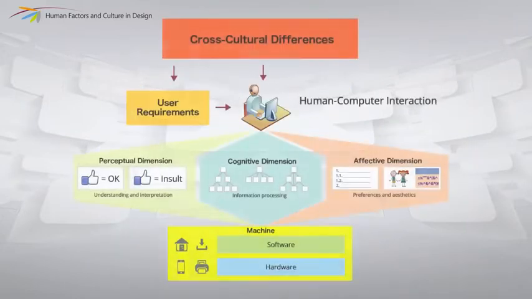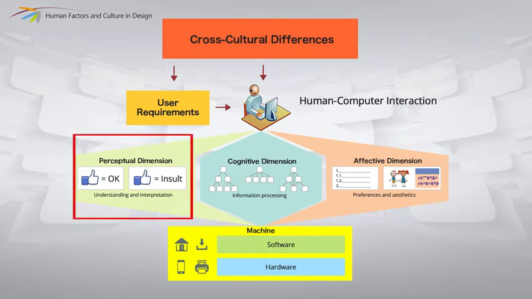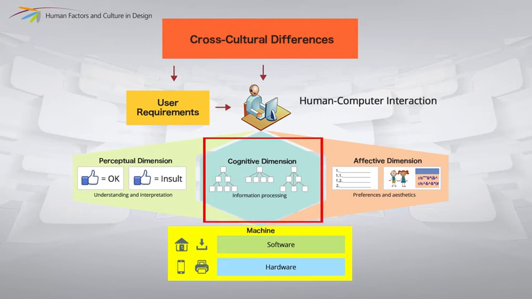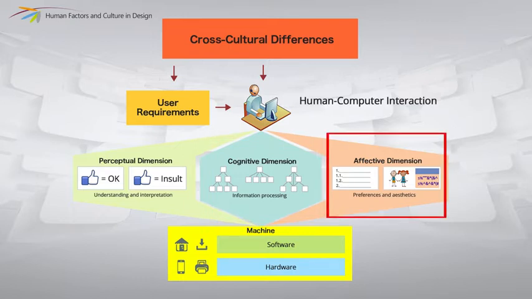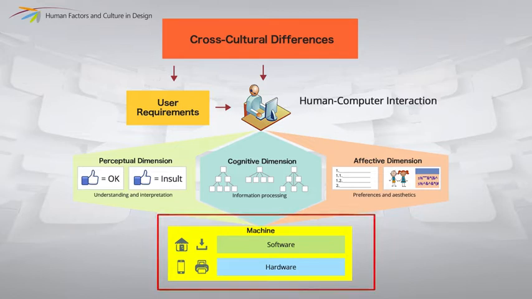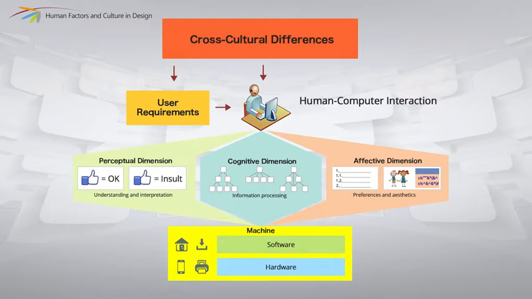If we give a simple picture to describe the influence of culture on design, in the figure you could see, we have to start by considering the requirements first. And the requirements lead to different mentalities, different ways to perceive information, different ways to collect information, different ways to process information, and different ways of emotion. They're just different. And all this difference can influence the design of appliances, devices, machines, and any kind of system.